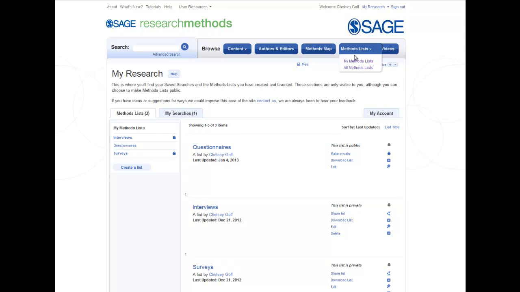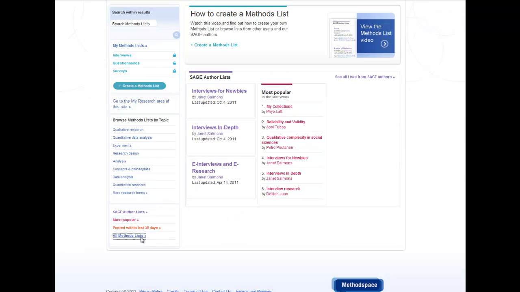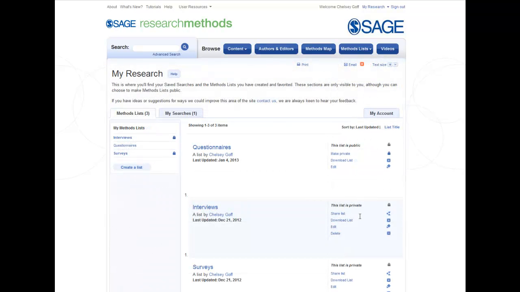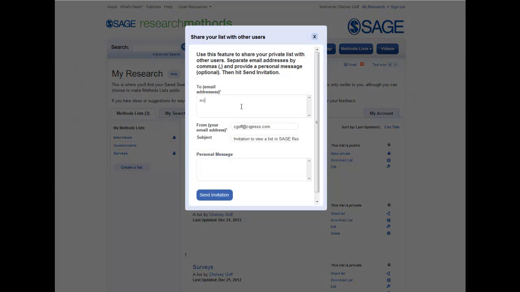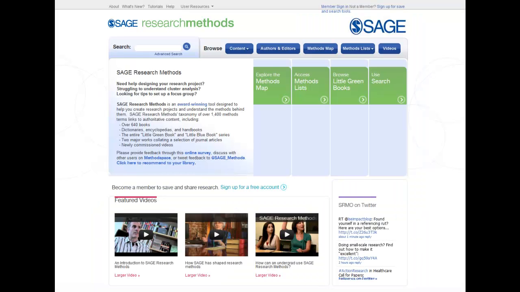Now, when I go to the All Methods List section on the site, I can see that my list is here in the public section. I can choose to share my list or email it to my class or my colleagues. If you email the list, it will send a link to the list. After reading through the content she saved to her list, Sarah has decided to use an online survey to gather